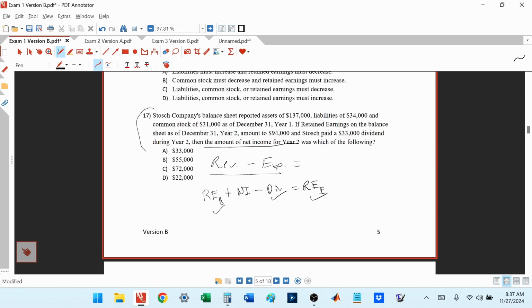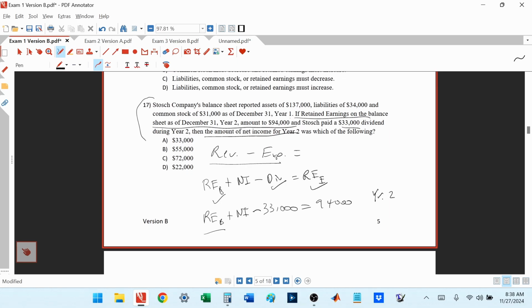So at the beginning of year 2, well, let's see. We don't have retained earnings at the beginning of year 2. It doesn't give it to us. We don't know net income. We know dividends in year 2, given to us. And we know retained earnings at the end of year 2. So we need to get retained earnings at the beginning of year 2. This is year 2. Retained earnings at the beginning of year 2 is the same as retained earnings at the end of year 1. And this first sentence is about